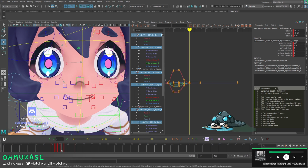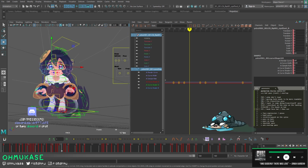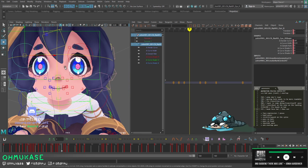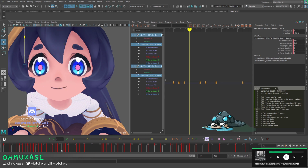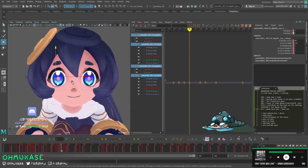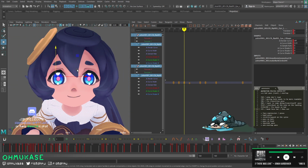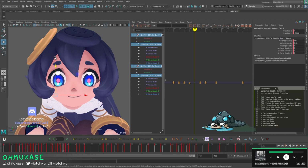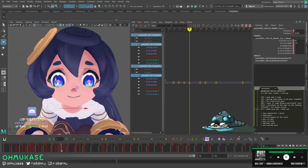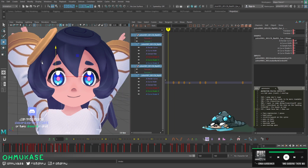And then the last piece is to add a flavor of this up and down. Oh, wow. It's actually really nice that it's automatically already got stuff on it. Because normally in a lot of cases when you move the eyeballs, the rest of the eyelids don't follow, but it seems like it's